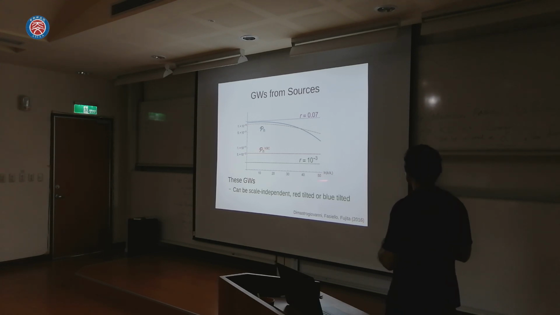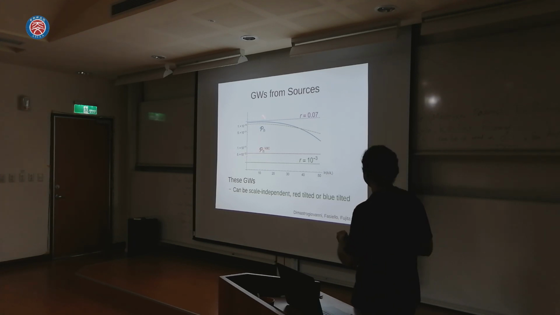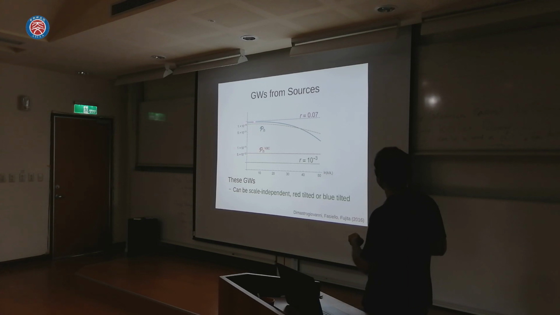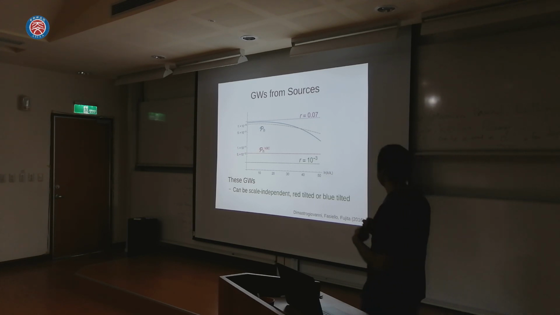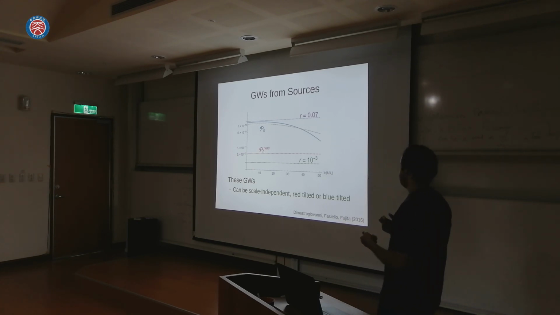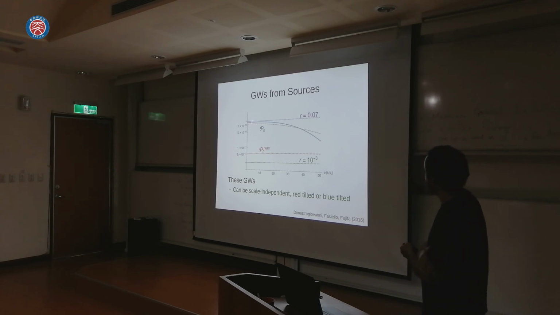This is shown as a function of the log of the wave number, and the CMB typically probes scales below roughly 15. So what we see from this plot is that even for the sourced gravitational waves on the scales probed by the CMB, we have an almost scale-independent power spectrum. This is exactly the same as for vacuum fluctuations. So even looking at the spectrum of the gravitational waves, we cannot say anything about their origin.